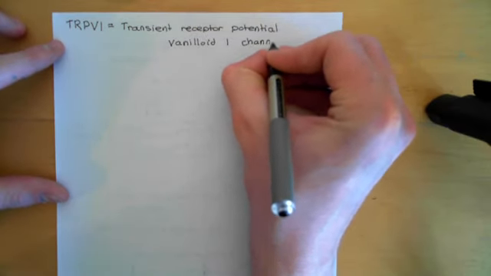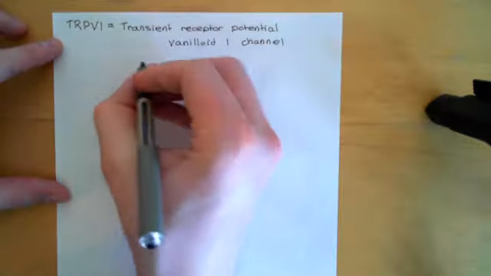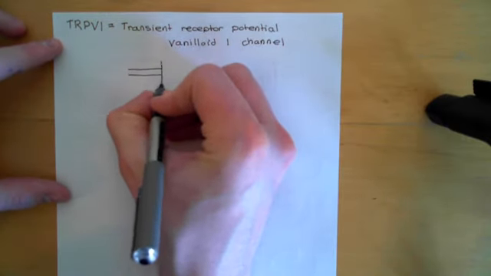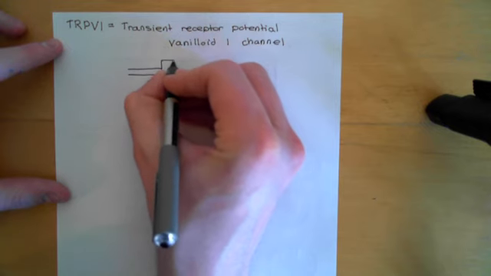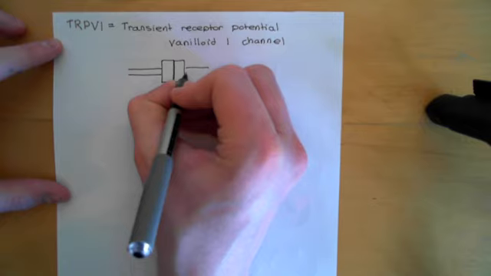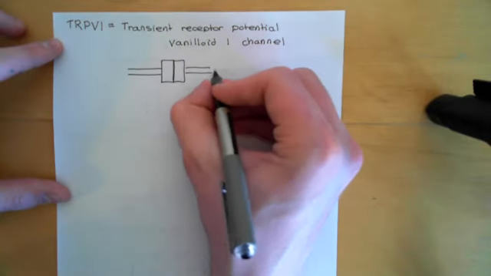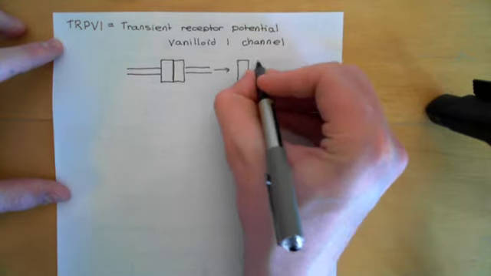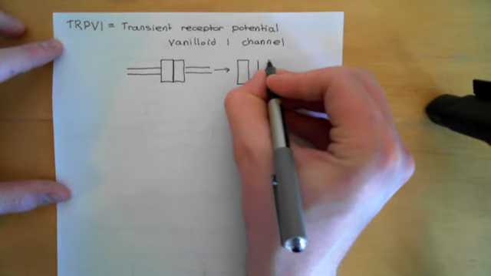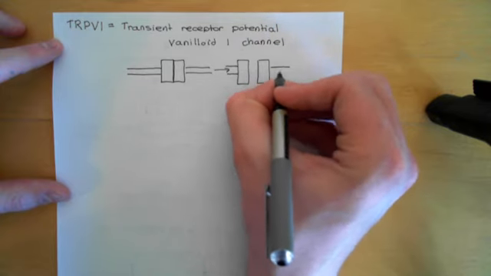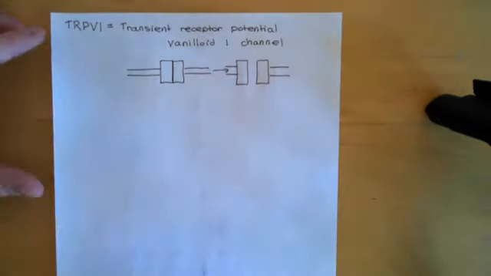So it's the transient receptor potential vanilloid 1 receptor, or channel. People would generally call it the TRPV1 channel. Now, what is it then? It sits in cell membranes. So if I draw a cell membrane here, this is the TRPV1 channel, just drawn very crudely. And basically, when it opens, so this is it closed, when it opens, I'll now draw it open, it forms a non-selective cation channel, which means that it allows sodium ions, potassium ions, and calcium ions to move through it.